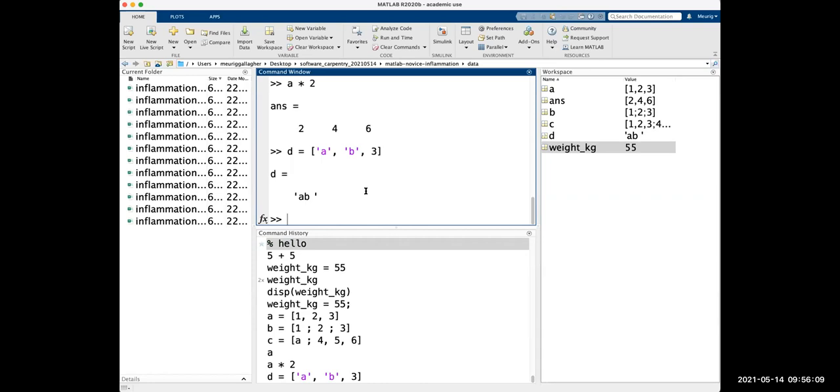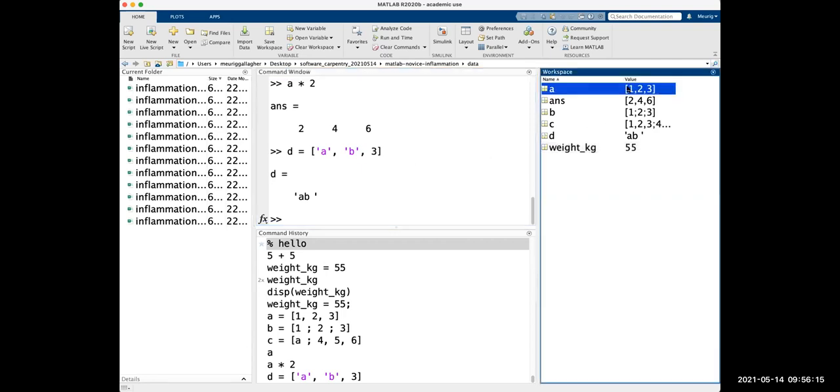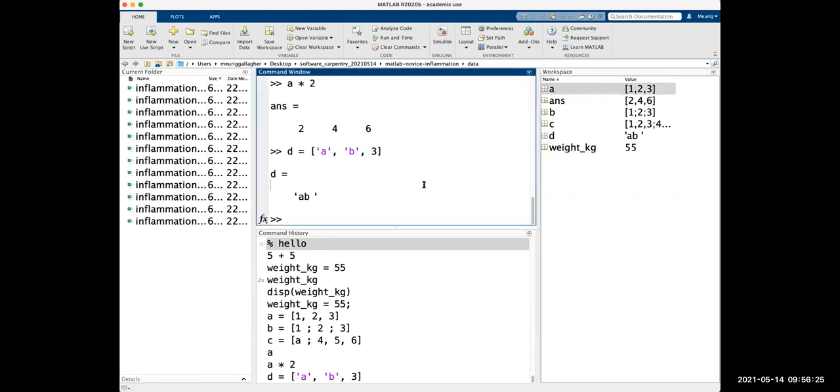But we can also convert between different types. So say we have our row vector A, which we can see at the top, which is 1, 2, 3, and we want to add maybe a letter to the end. Maybe we want to add the letter A just to the end of that array. We can't do that naturally because these are numbers and we want to add a string. But what we can do is convert A from a number to a string.